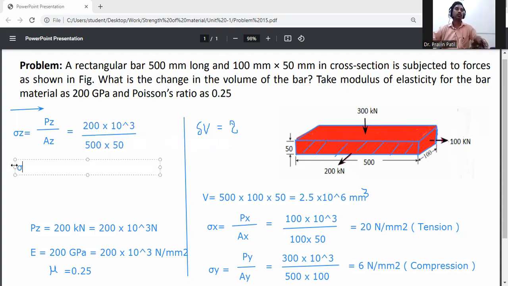So sigma z is equal to 200 into 10 raised to the power 3 divided by 500 into 50. It will be 8 Newton per mm square. So it will be in tension. Okay, so now we calculate